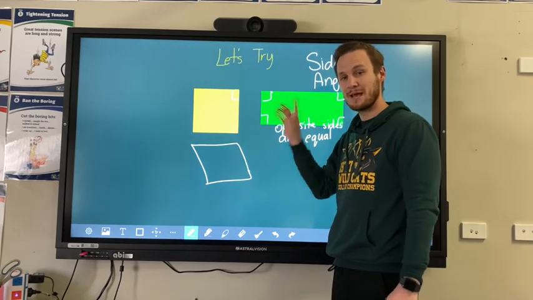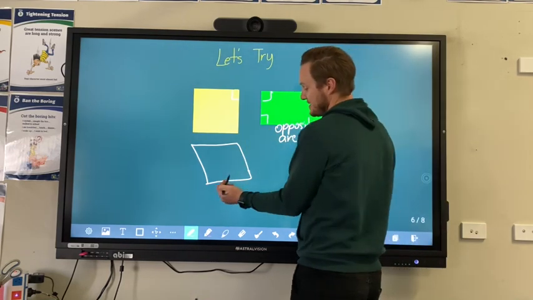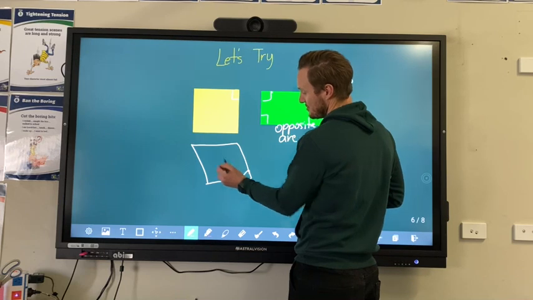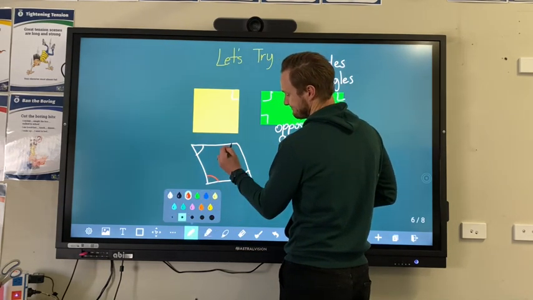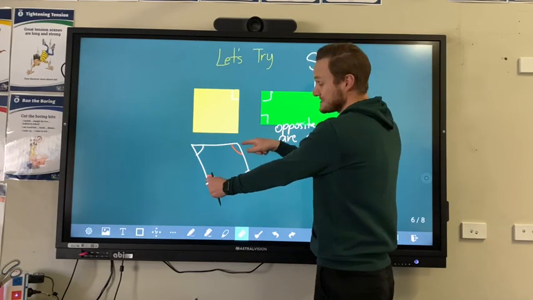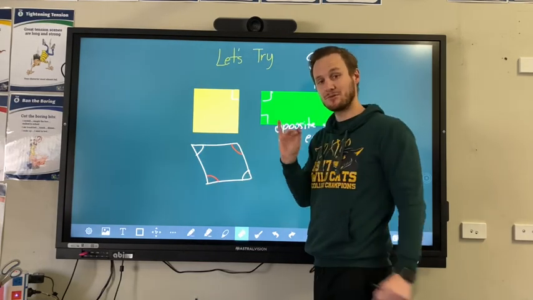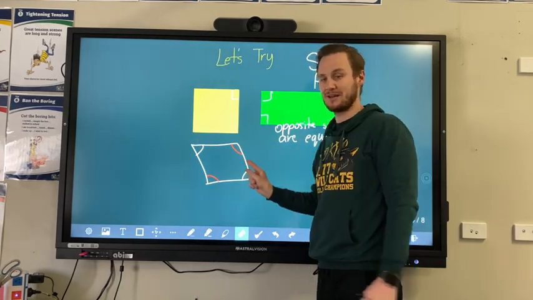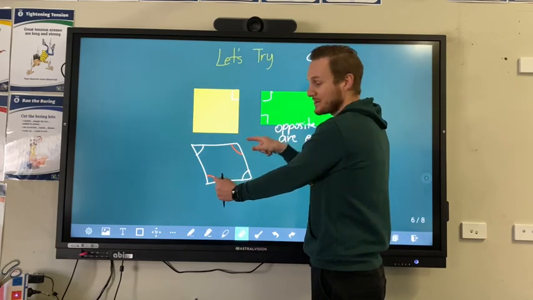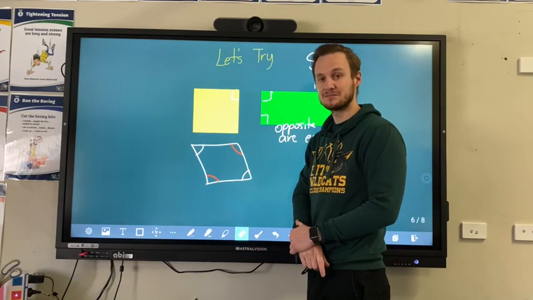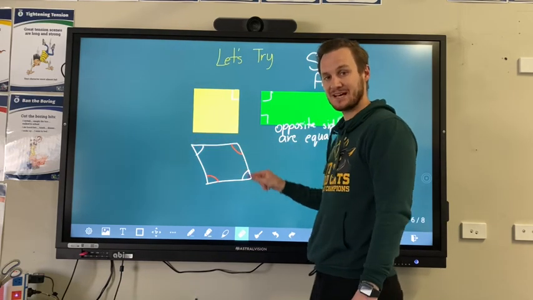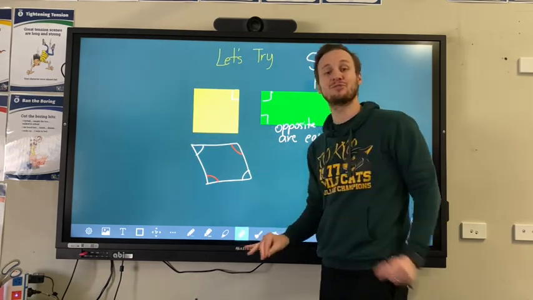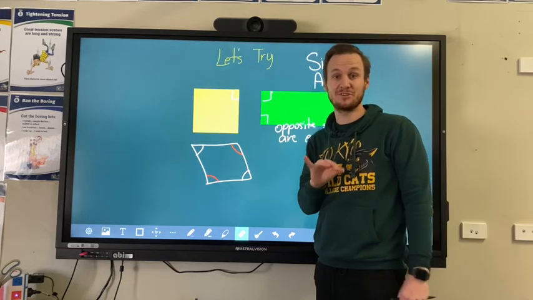All sides are equal. But in this case, because we've pushed it, now we've made it so the opposite angles are equal. But not all the angles are equal now because we've got two equally obtuse angles and two equally acute angles. So you would write all sides are equal, opposite angles are equal. And that would be how you would know the difference between a rhombus and a square when you're talking about